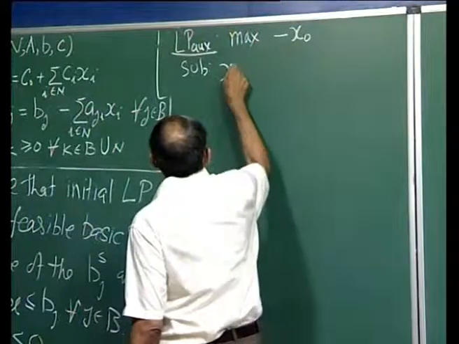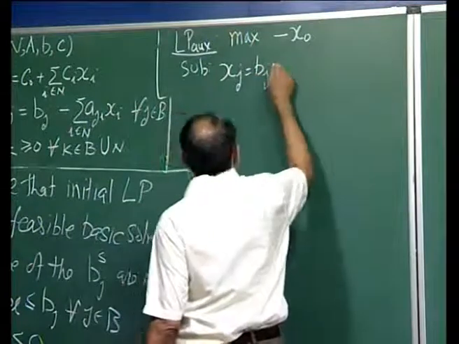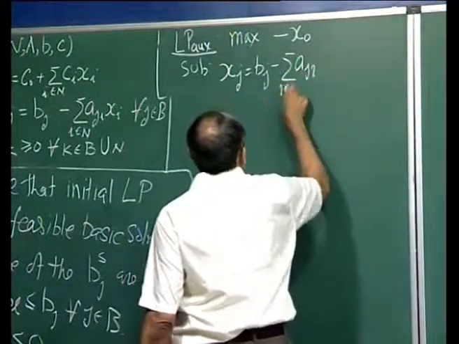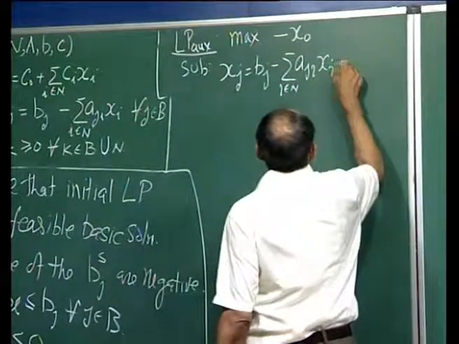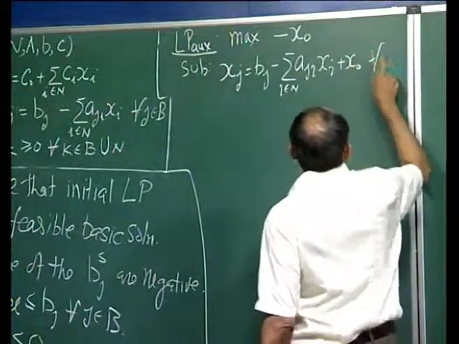We have xj equal to bj minus sum over i in N of aji xi plus x naught for all j in B,